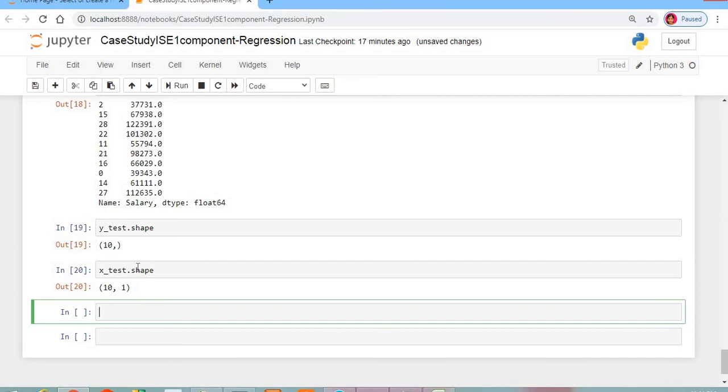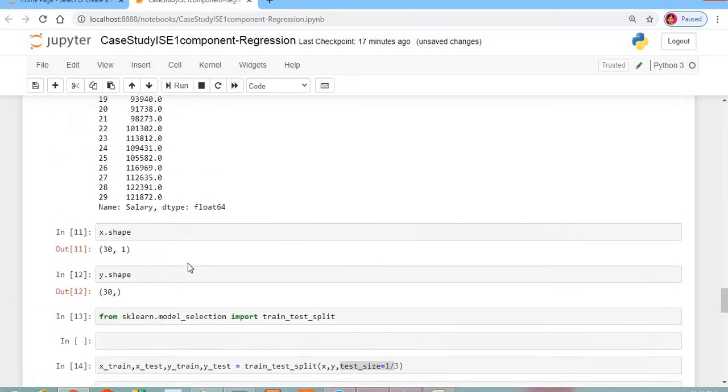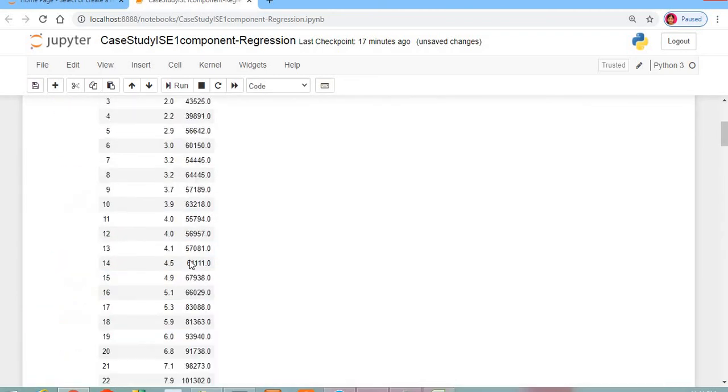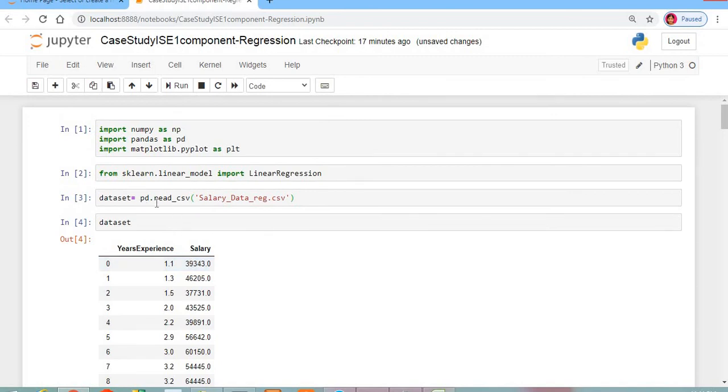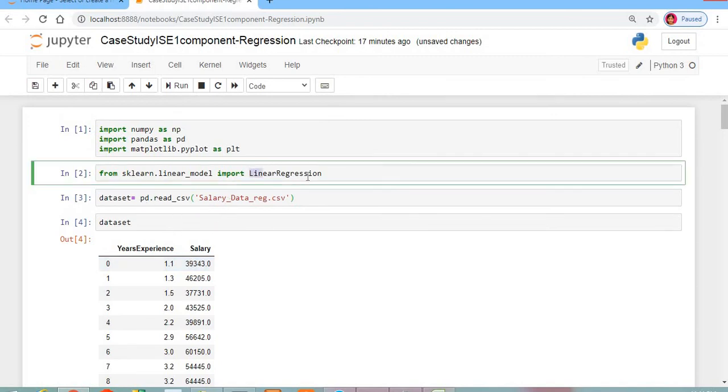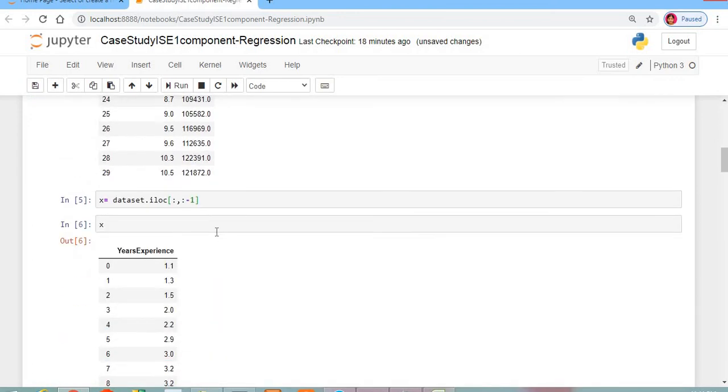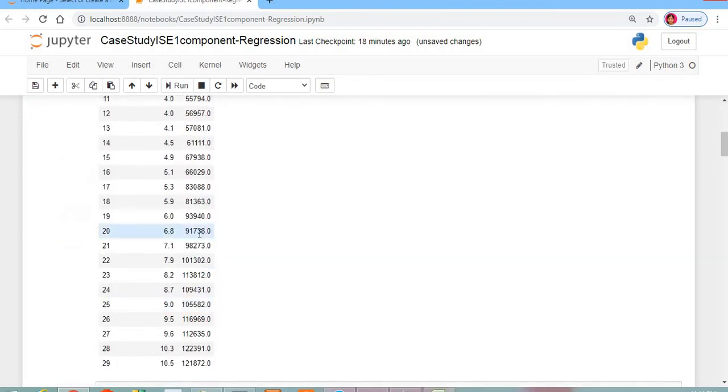Okay, so what have we done till now, students? We have imported our data set, we have read the data set, we have imported linear regression, whatever machine learning related package from sklearn, scikit-learn. After that, we have separated x and y.